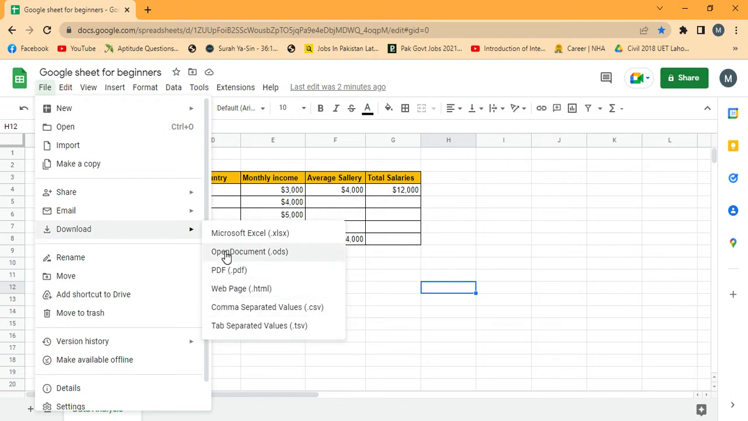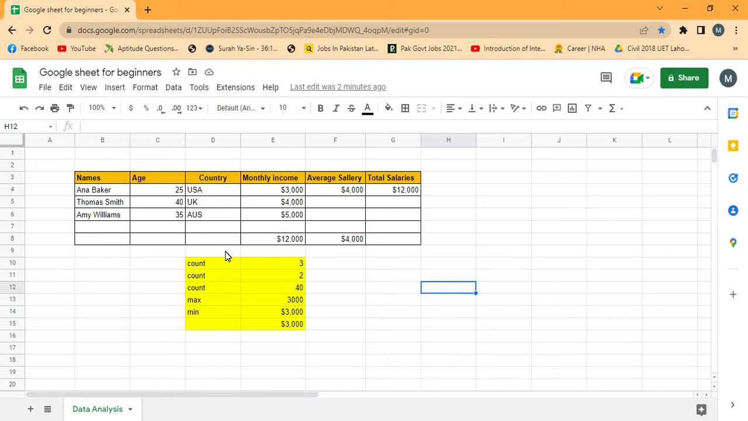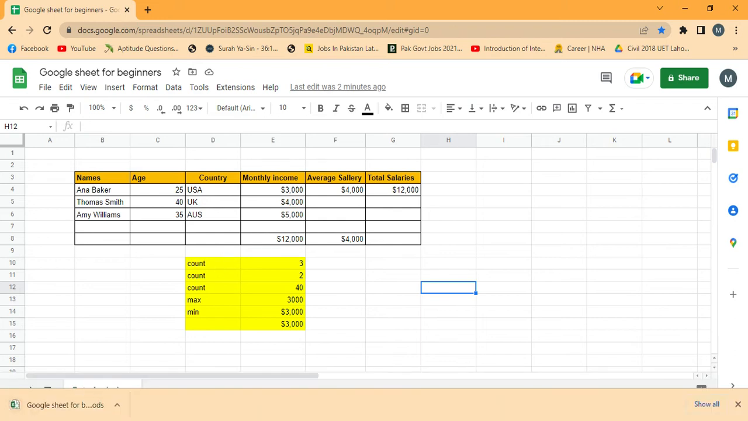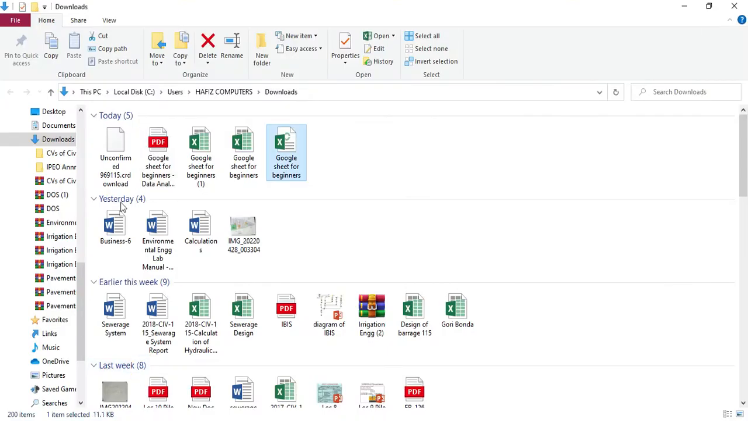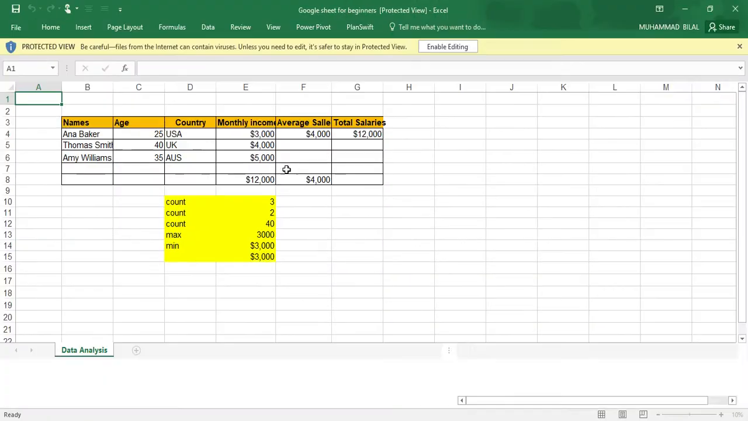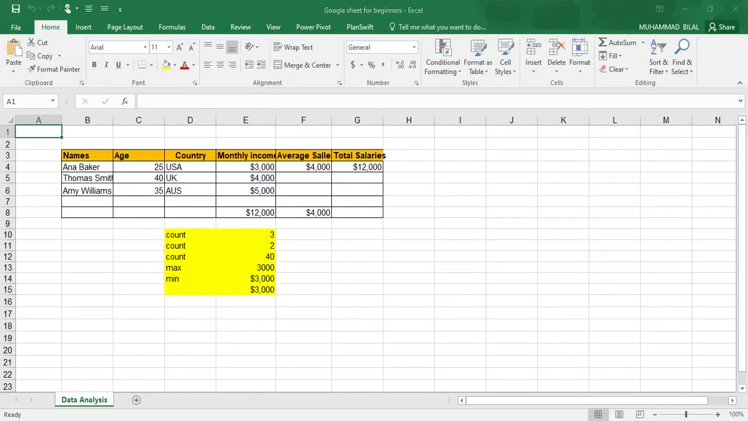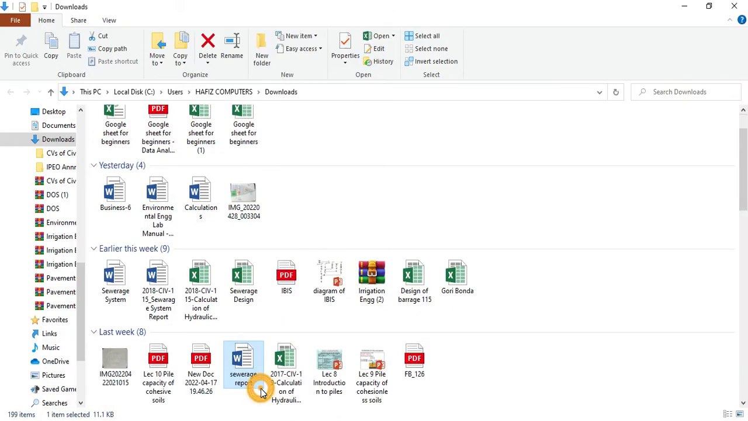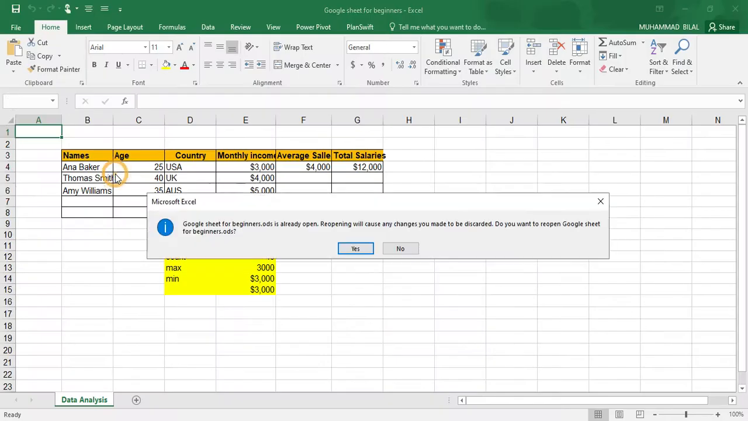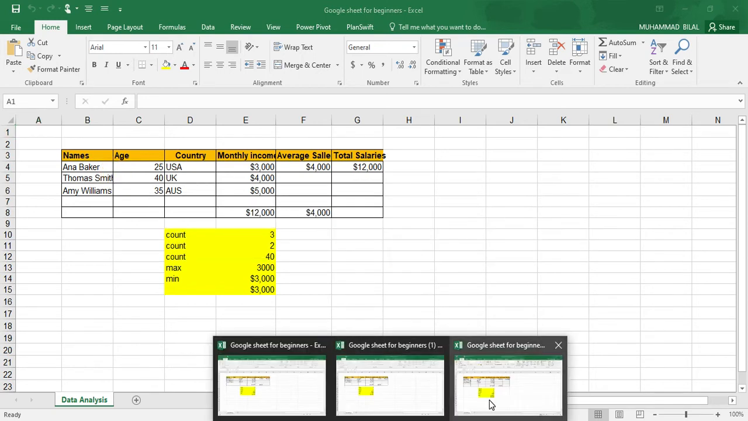select this open document function. So this will download a file. I will open this file. So this is the file which I have already opened